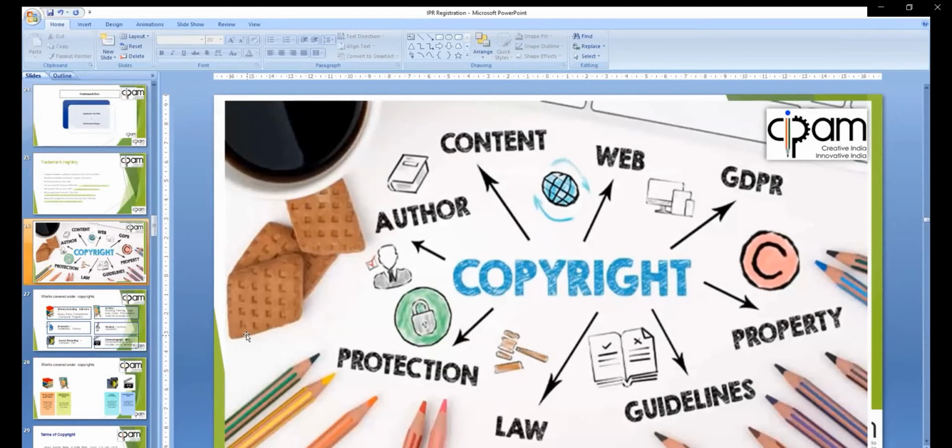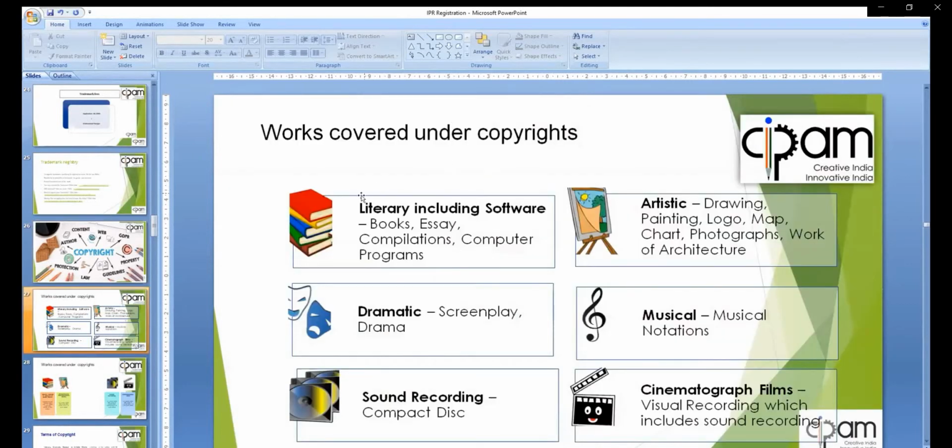Then let's see copyright. Copyright itself shows the thing copy and another is the right. That means there are many things that come under this: author, content, way, property, guidelines, laws. So what are the things covered under copyright? As sir has highlighted many things earlier, again, if I see the repetition, the literary includes software, books, essay, compilation, dramatic, screenplay, drama, sound recording, artistic